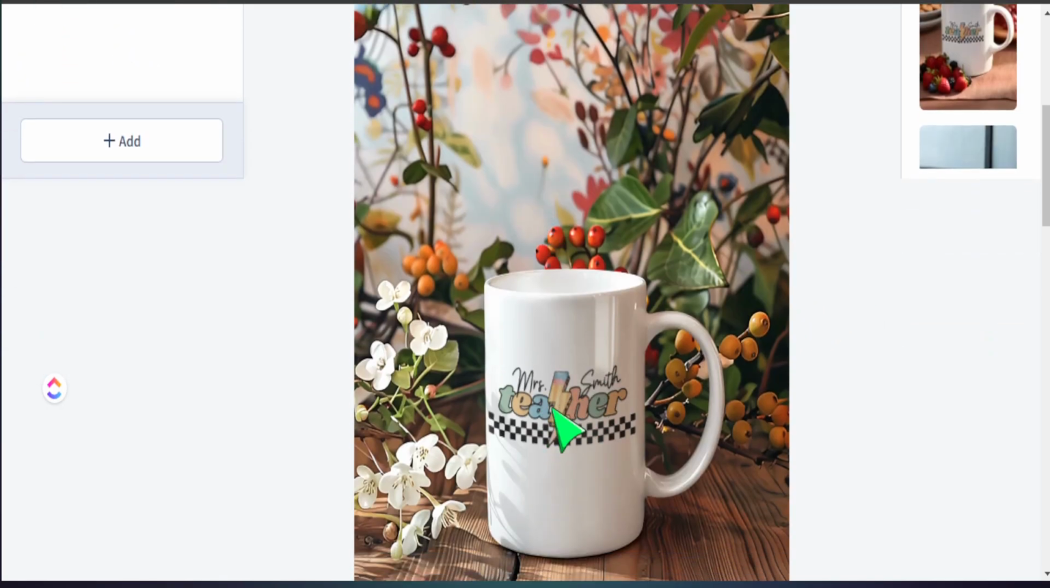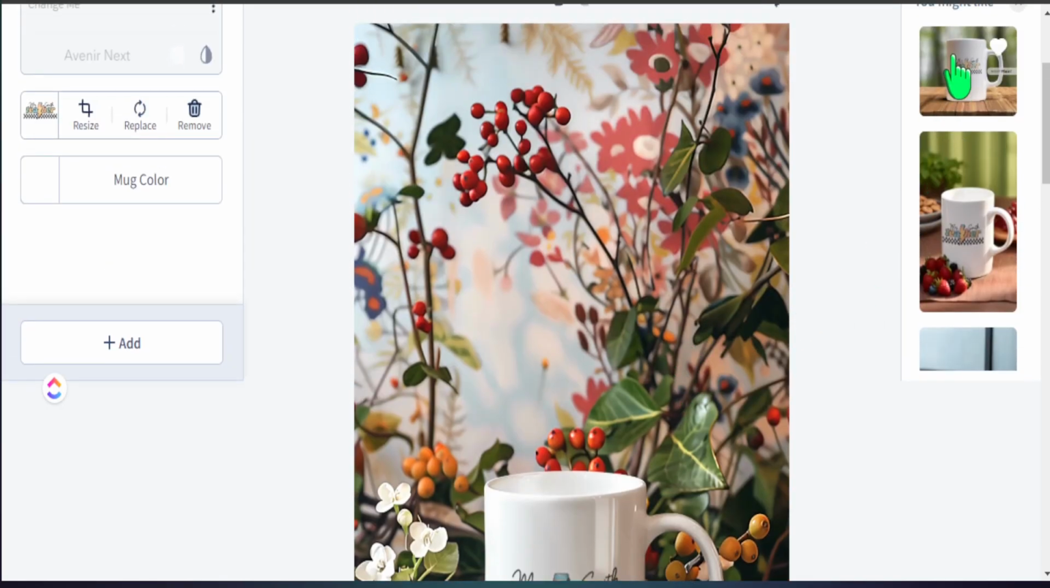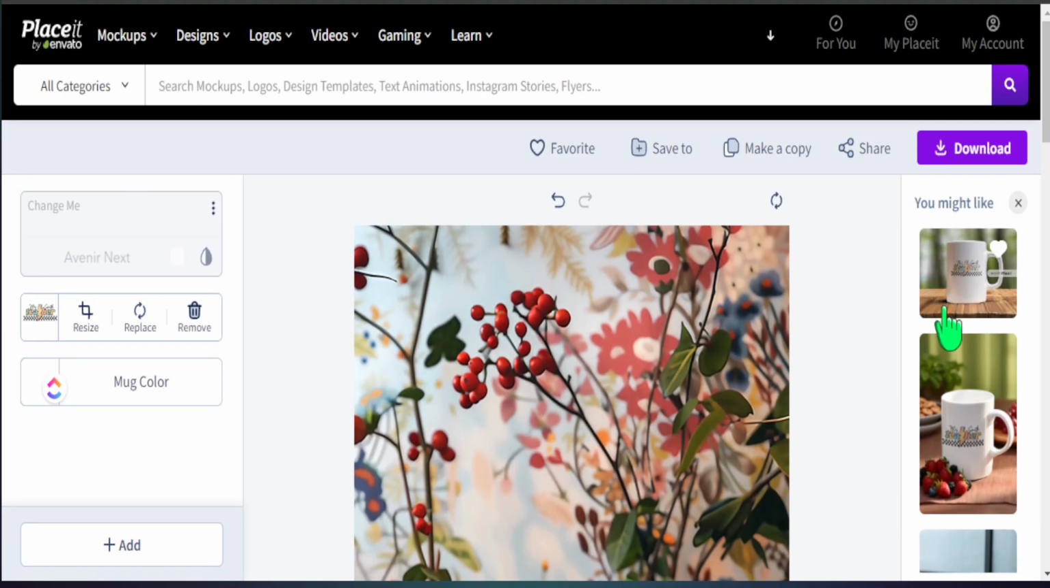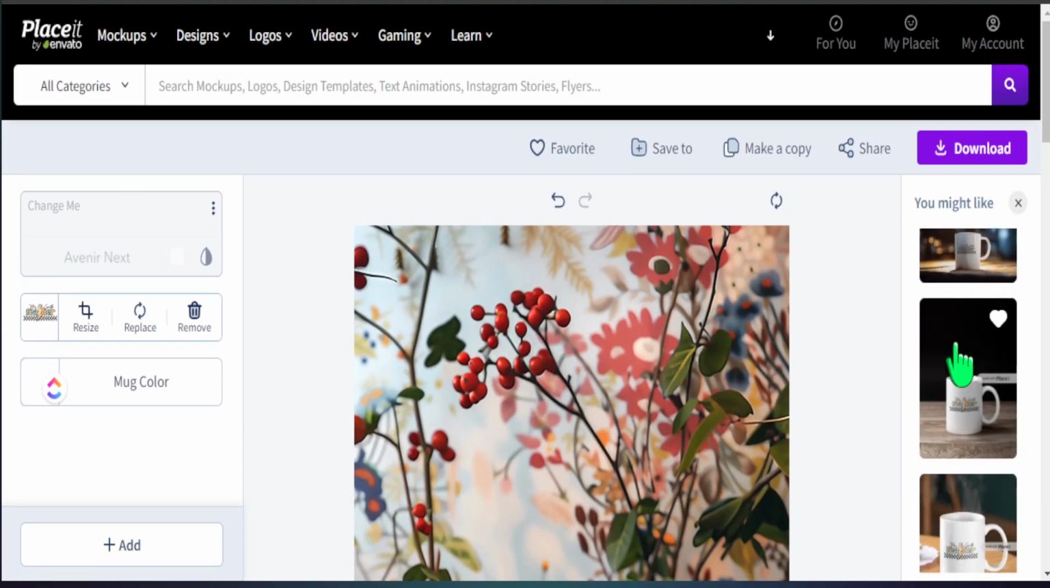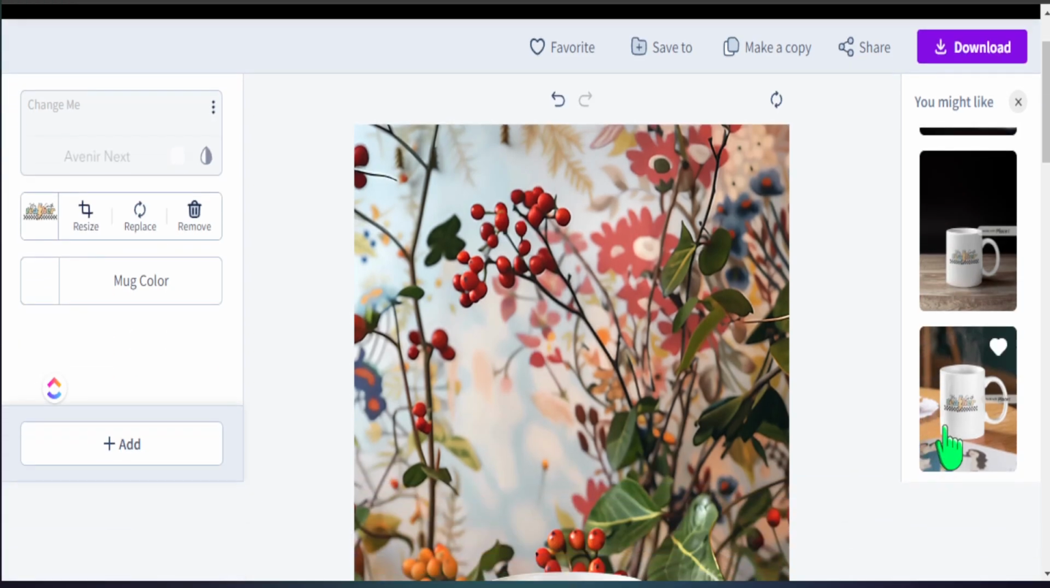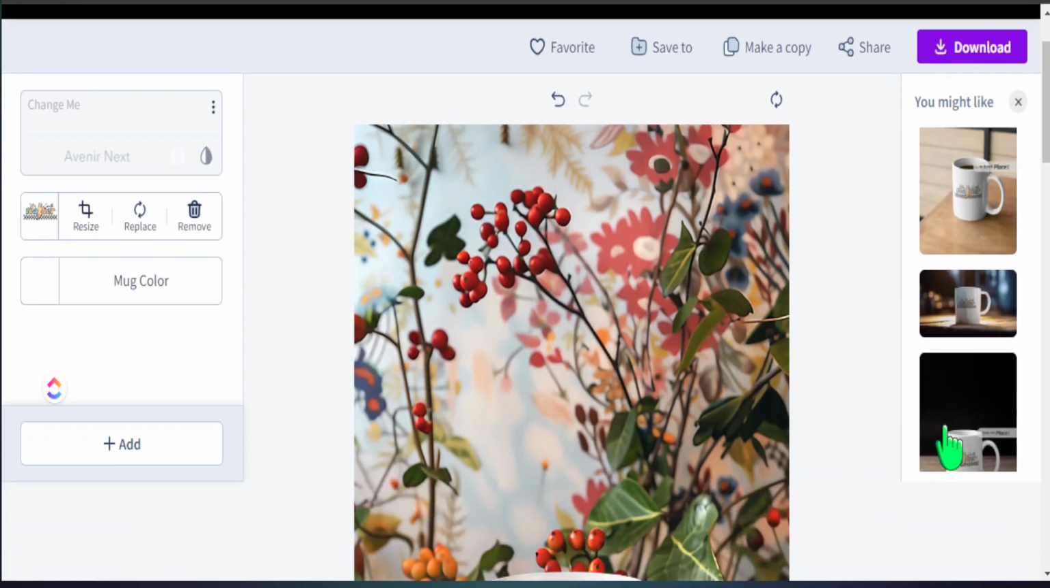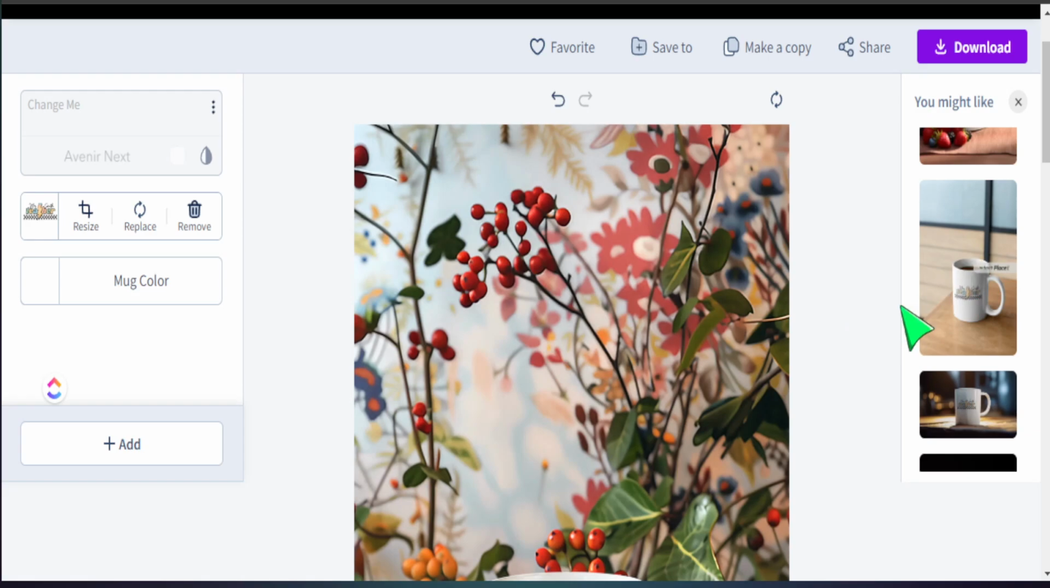So notice how we added our design here to this mug, but automatically on the right hand side they already utilize that same design on different types of mockups. I can scroll here and see exactly what more I can use from Placeit to showcase my product design. Now if everything's good here, I can go ahead and hit download, and I can download this,